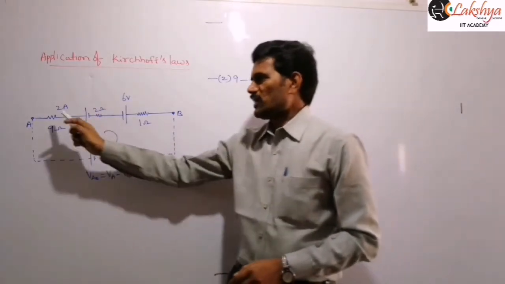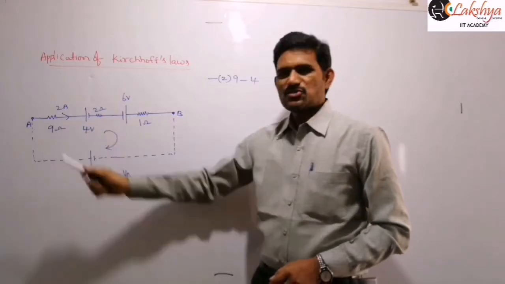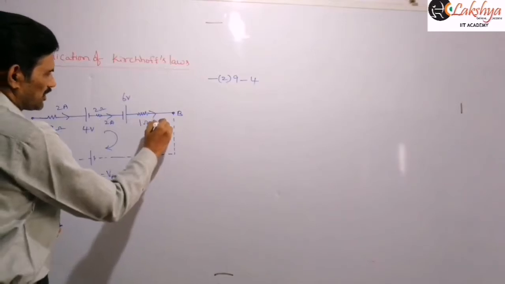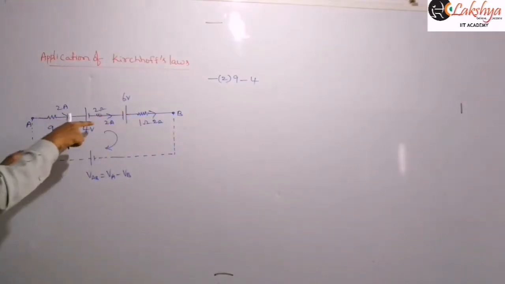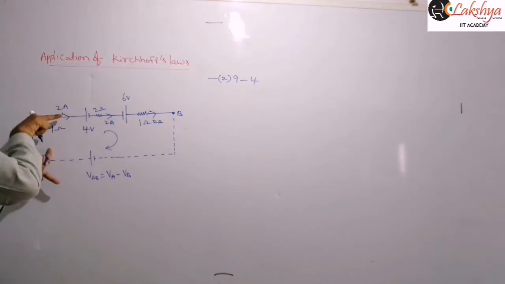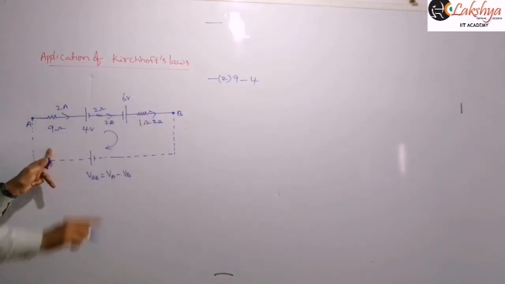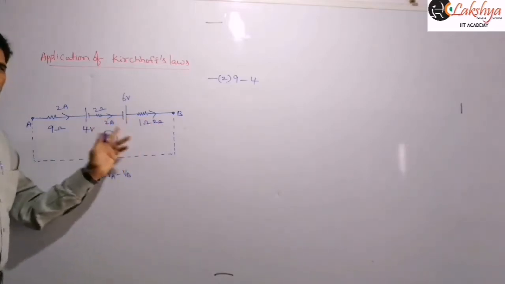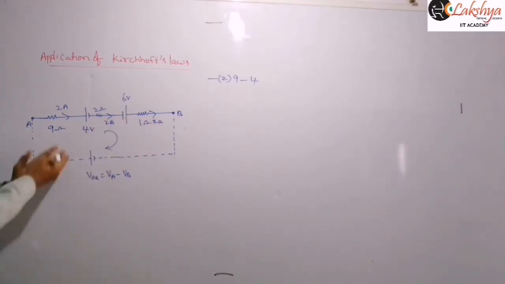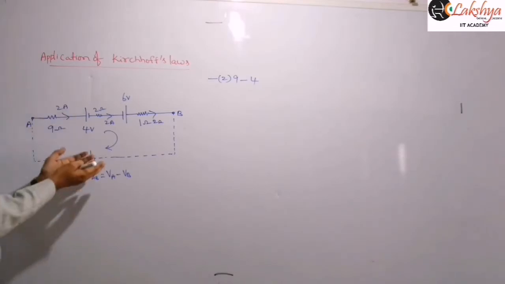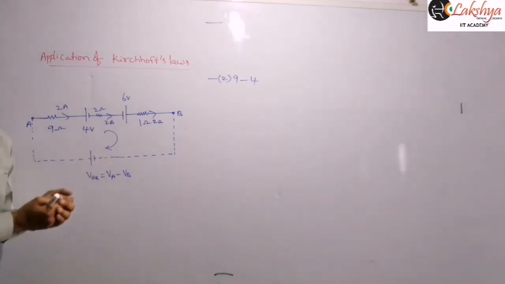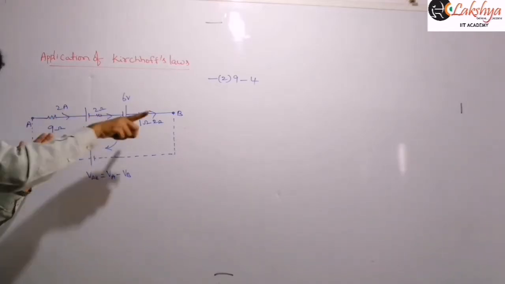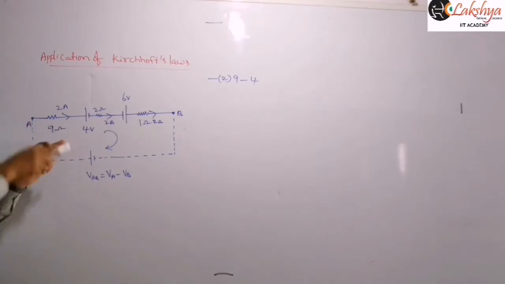Got it? If only this path is there and the current is given as 2 amperes, everywhere you need to take 2 amperes only, because only one path is available. Irrespective of the polarities of these cells, 2 amperes will flow like that. So don't confuse about the current or the polarities. Because it is part of a circuit, some cells may be in a charging state and some in a discharging state. So simply take the same amount of current in the same direction, even though the positive terminal is connected on this side.